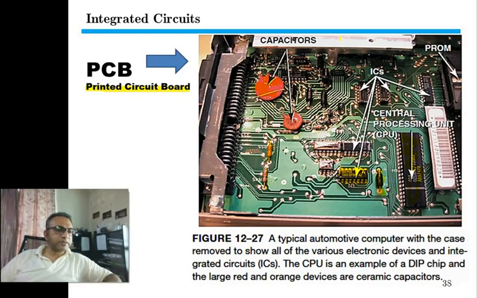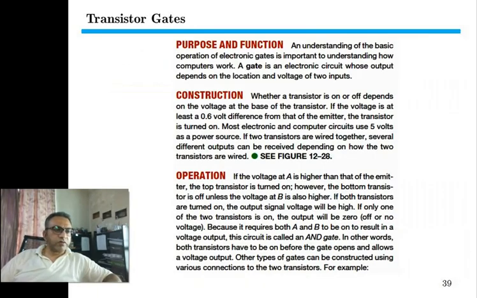Right. Next, we come to the next slide. Transistor gates. Transistor gates are the Boolean algebraic implementation in electronics. In Boolean algebra we have the AND gate, OR gate, NOR gate, NOT function, or NAND function. So we can implement these Boolean algebraic functions in electronic circuits, and such circuits will be called transistor gates. We can implement all of the Boolean algebra using transistor gates.